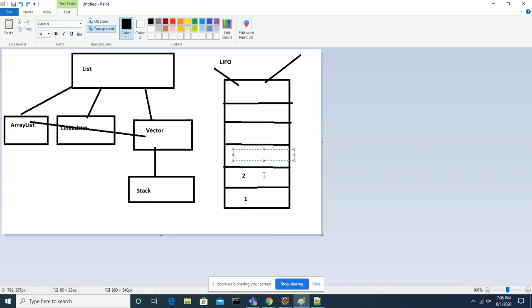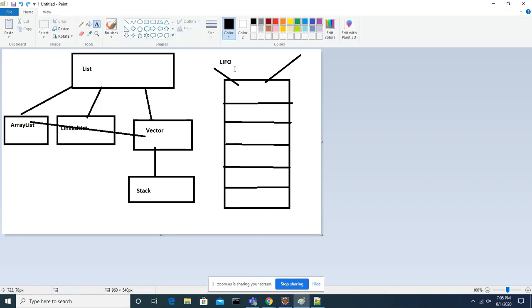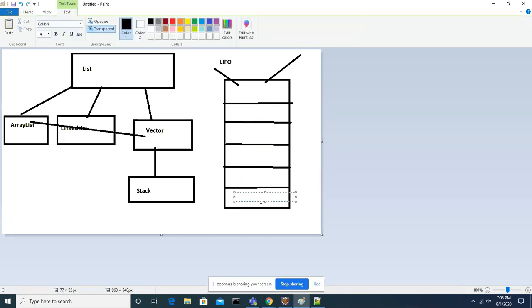Or for better understanding, let's say I added fruit names, strings. First I added banana, second apple, third grapes, fourth orange. Fifth I added... tell me some other fruit name.